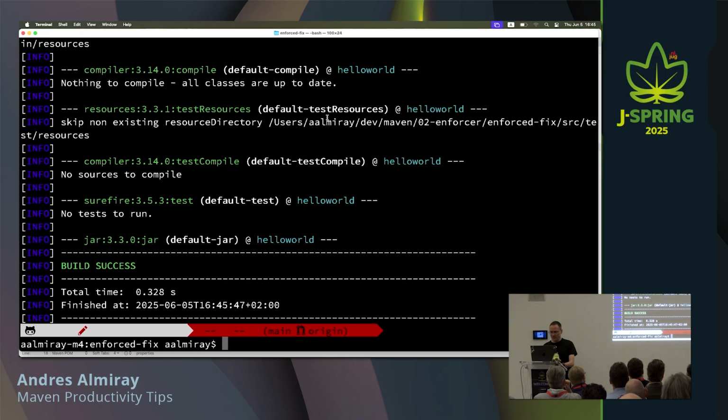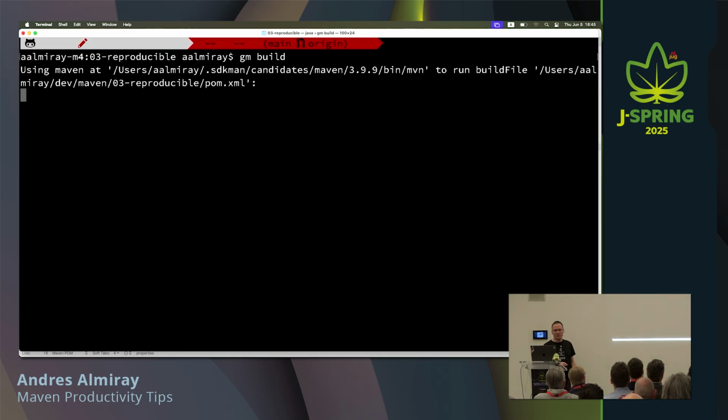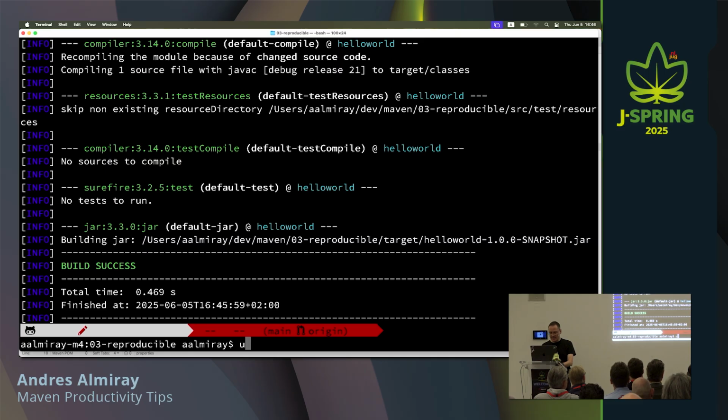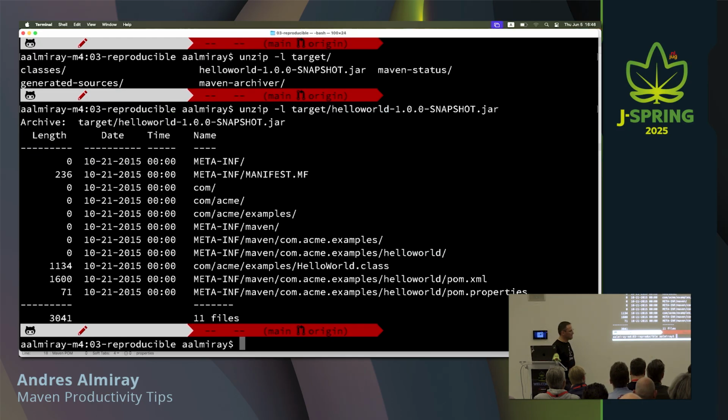So when I run the build, this is, no, we're in a different project now, 03. Whoop. How many dots do I need to type? There we go. So when I run the build now, I can look at the jar file with zip -l target blah blah, hello world, and there's a timestamp. And the order of these entries will always be the same. And if I were to inspect what is inside the manifest, I will see the same timestamp. So that will be useful for other tools to consume. And as you can see, setting up that in your build only takes a couple of XML elements. It's not much that you have to do.